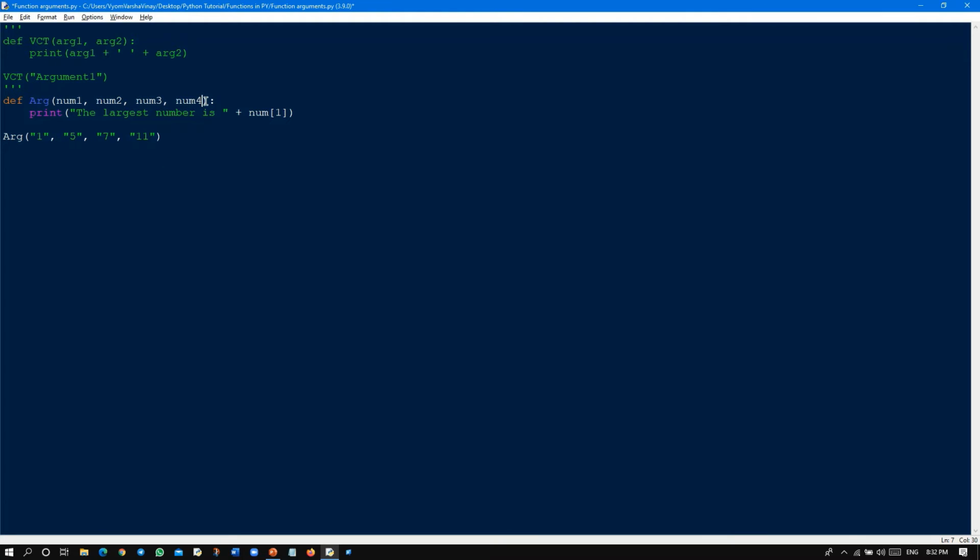You can write it in any order you want. It does not make any difference. And just in the function call, we can name this as